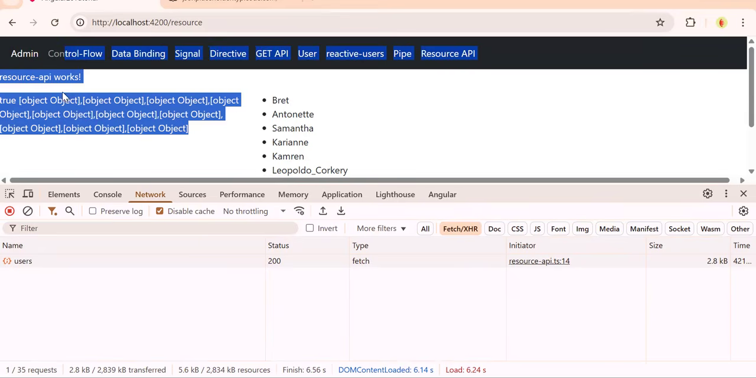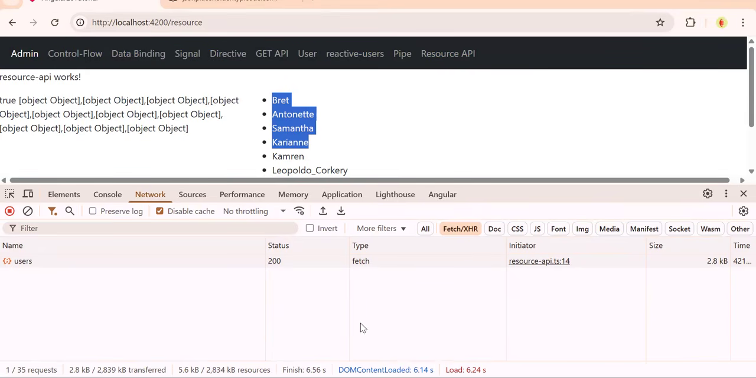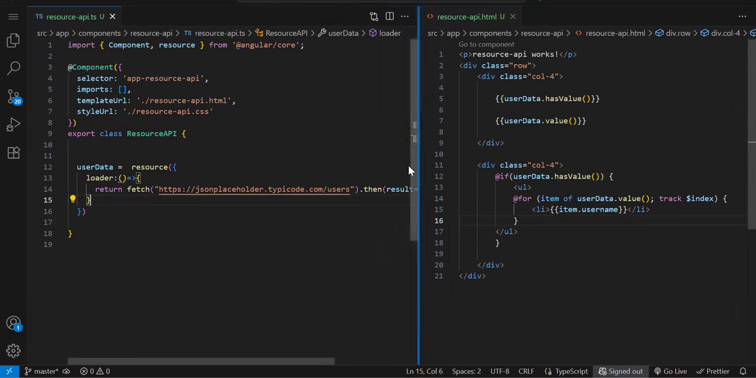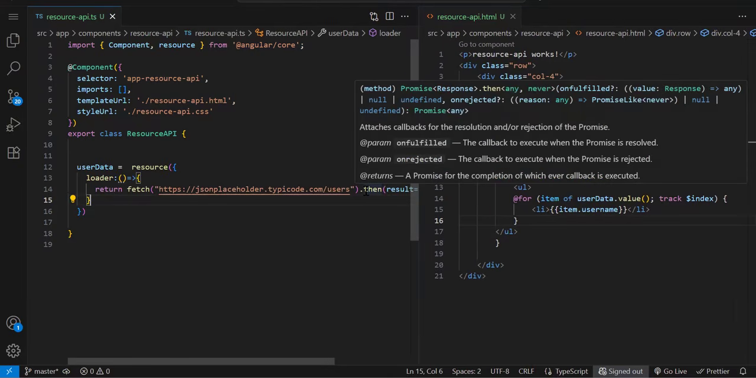See, we got the data and that data is visible. Got it? So this is your resource. It's an alternate way to write the API call. Just like HTTP client, we have it, but this is something new. We got it from Angular 17, 18, and 19. I don't remember exactly whether it came in 17 or 16, but it is just the latest, whatever the